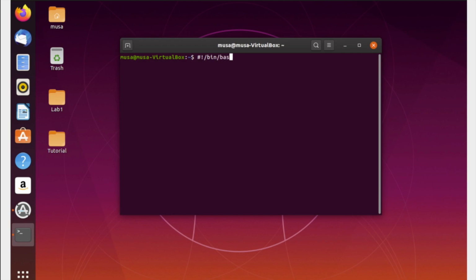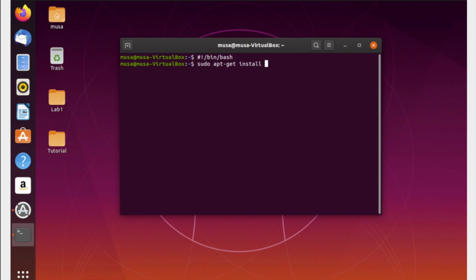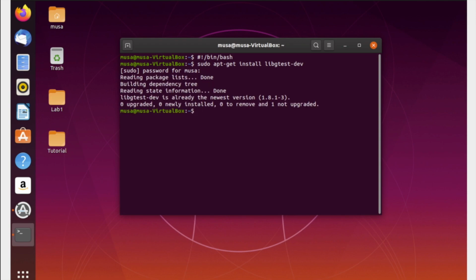/bin/bash and hit enter. After that we have to write sudo apt-get install, then the library name, which is libgtest-dev, and then we'll hit enter and enter the password. And after entering the password, it will install and